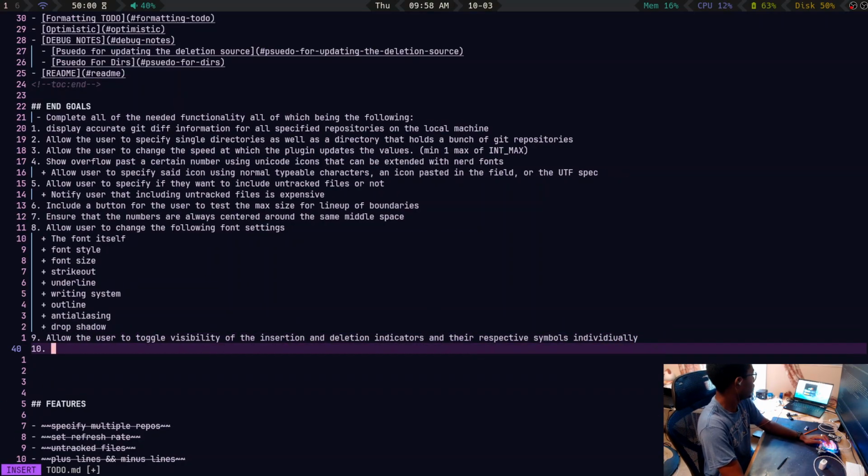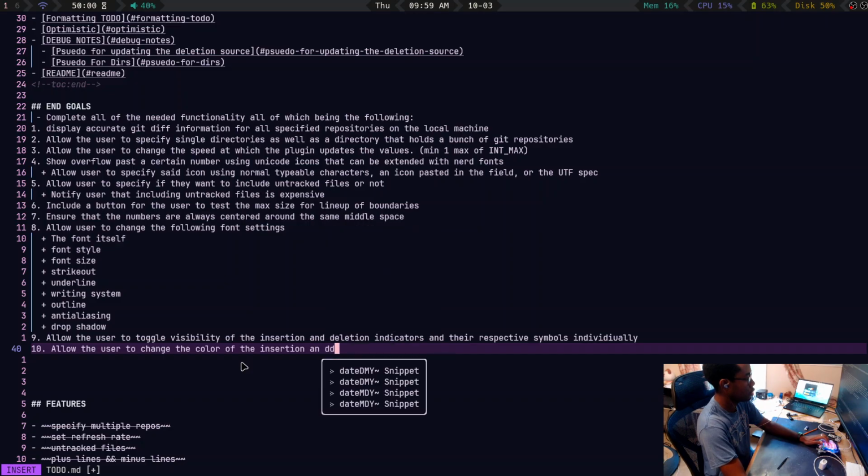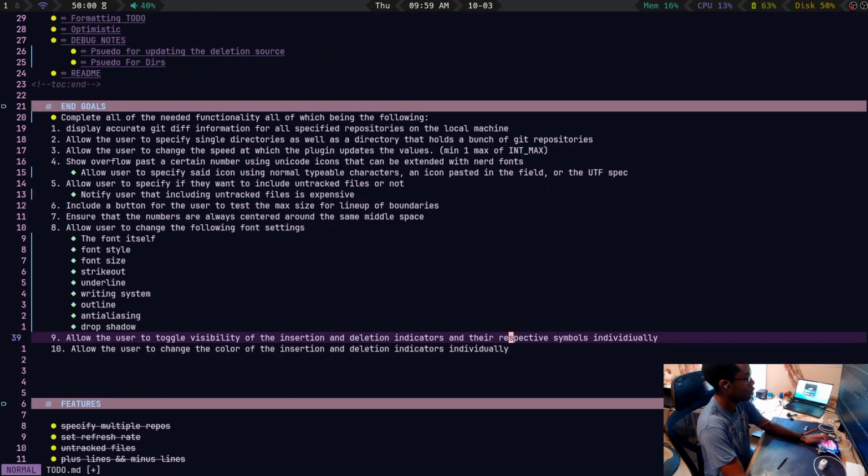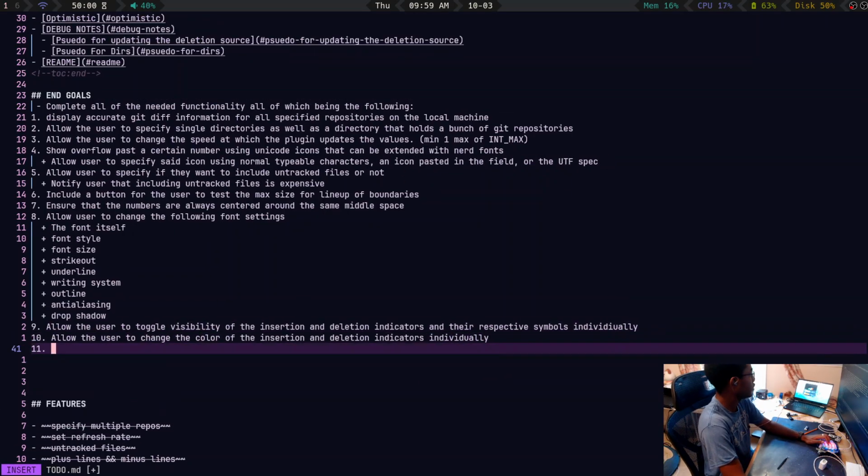Okay, and then lastly we have: allow the user to change the color of the insertion and deletion indicators. And lastly we have the restriction of